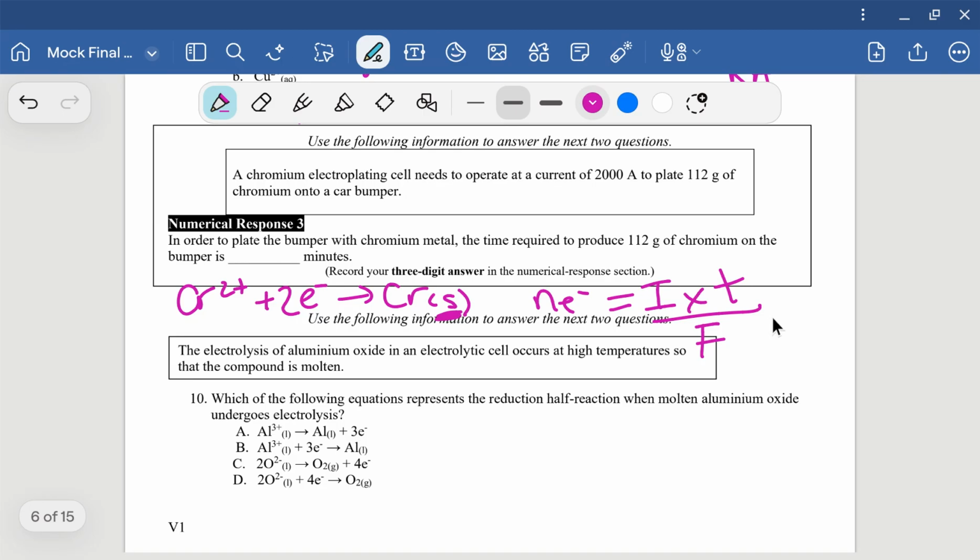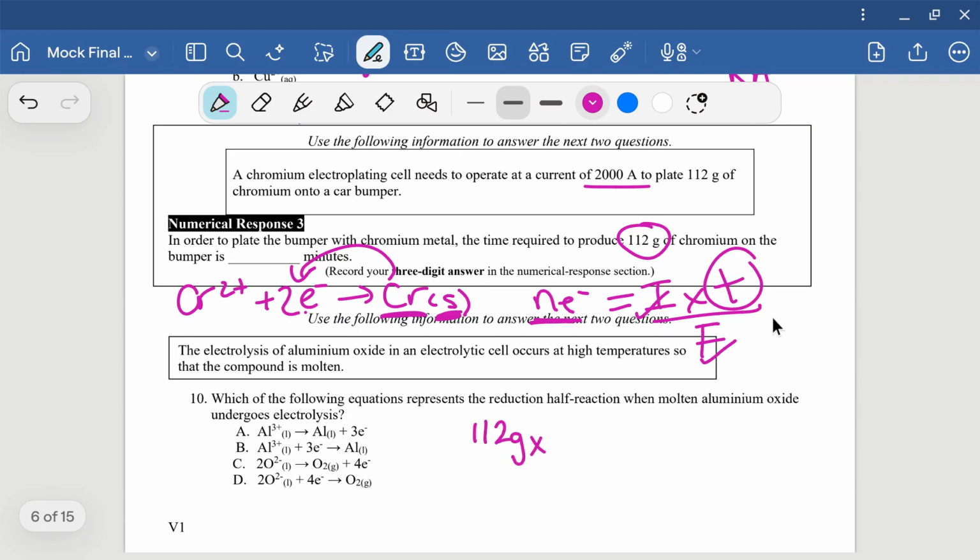So what we're doing here is you're starting with grams of chromium and getting to moles. Once we're there, we can turn it into moles of electrons. Then we can put moles of electrons into the formula with our amps and Faraday's constant, solve for time. If I were to write that all out, it would look like